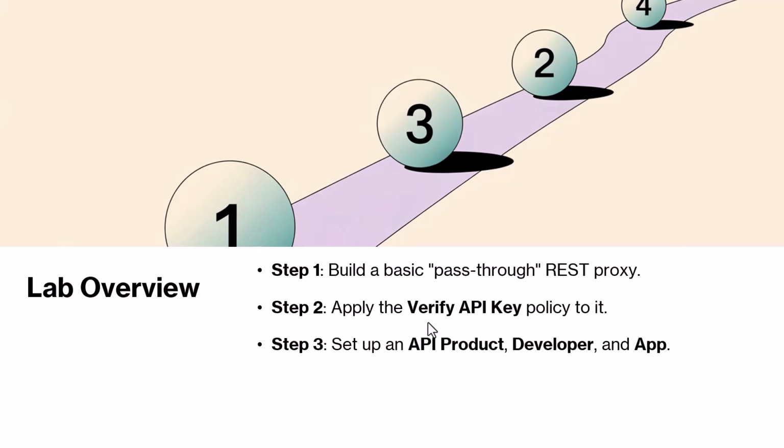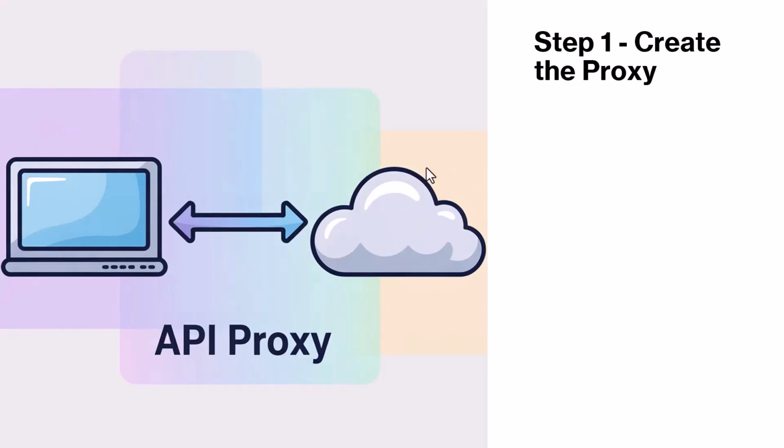Product, developer and app. And in the last step, we'll test the proxy to confirm the policy works. So in step 1, we'll create the proxy. We'll do these steps, which we are now pretty much familiar with, but I will go over them as I have kept the same practice in all the labs. First, we'll go over the slides quickly, and then we'll get back to our actual field, that is Google Cloud